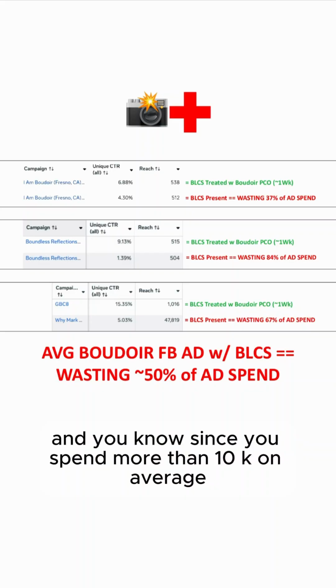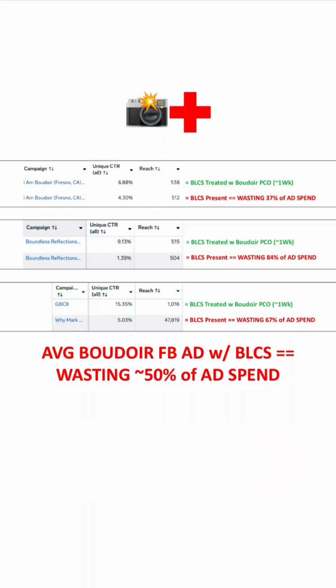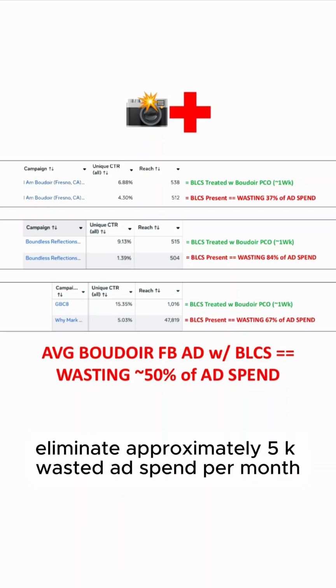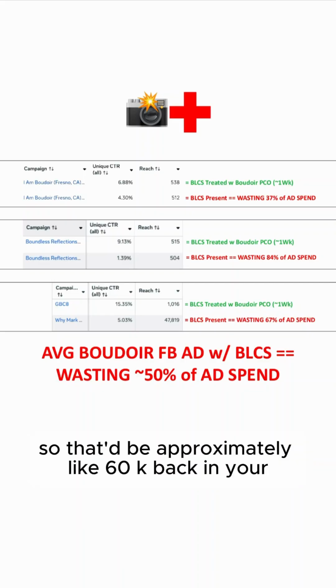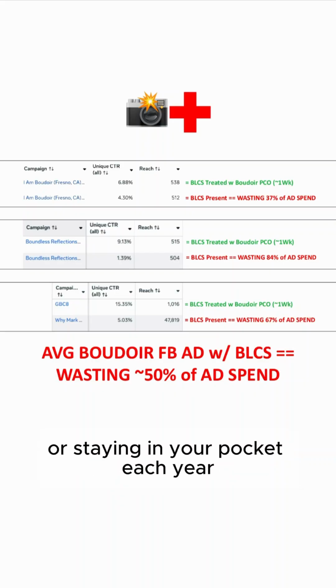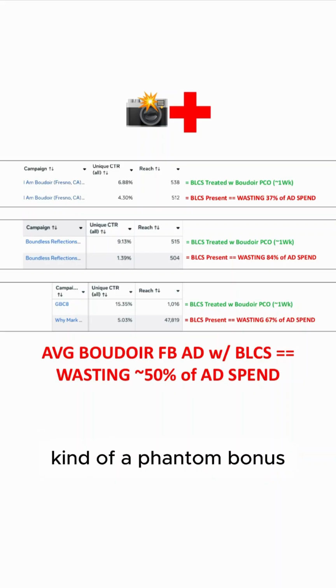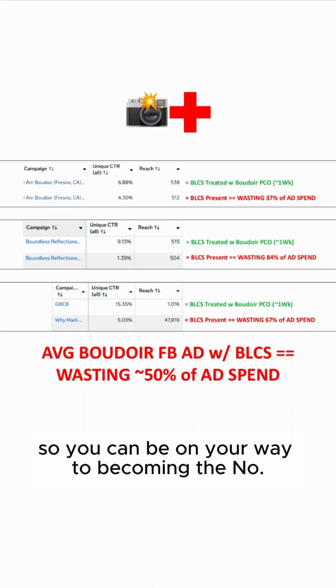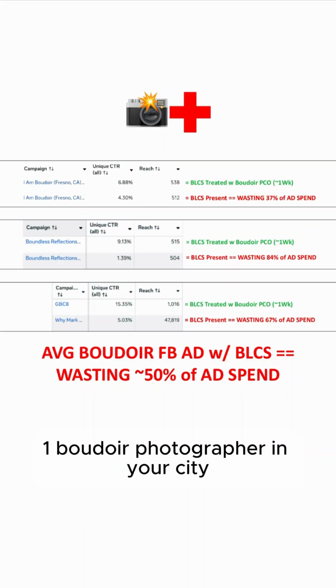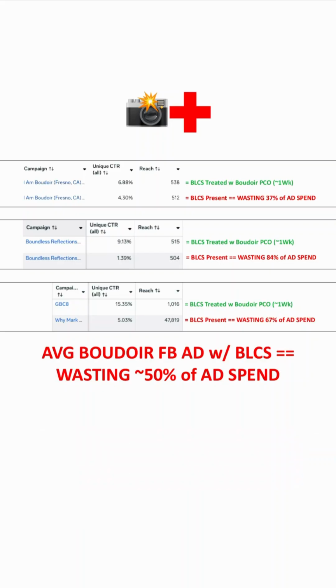And since you spend more than 10K on average, we can probably eliminate approximately 5K wasted ad spend per month. So that'd be approximately 60K staying in your pocket each year, kind of a phantom bonus. And you want to do this so you can be on your way to becoming the number one boudoir photographer in your city. Then shoot me a DM when I